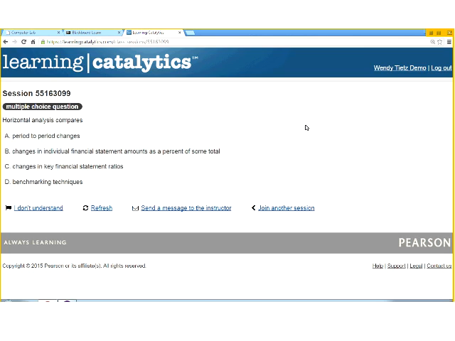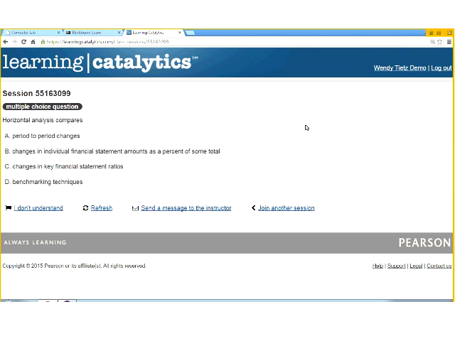I'll tell you right now, answer B would be vertical analysis. Therefore, it can't be B. We're doing horizontal analysis. We're looking at, for example, 2014, 2013, 2012, 2011. We are not looking at ratios at all,